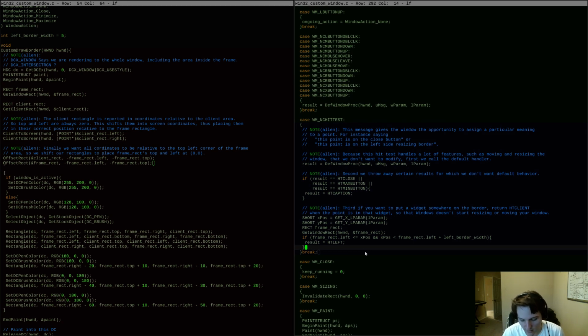You just have to make it a part of your API that your platform layer can call in and say, hey, can you tell me if I am hitting a widget, and if I am, let me know. Then I don't need to know anything else, like which widget, just tell me if I'm hitting one or not. That's pretty much all you'd need. So in our case, we want to do